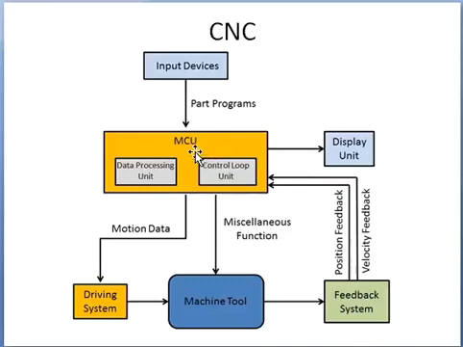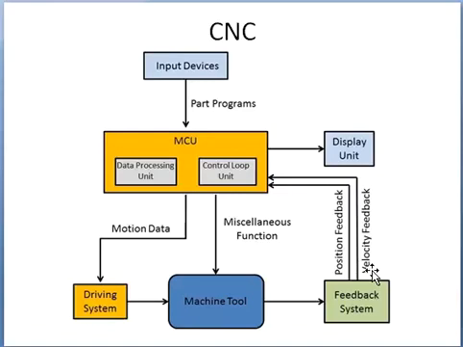In turn, MCU or CPU decides whether changes or rectification in the system is to be made, and that will be transferred to the driving system, or indirectly to the machine, so that corrective actions are taken. All the compensation required for the machine, like lead screw pitch error, tool wear out, and backlashes, is calculated by the CPU itself depending upon the corresponding inputs made available to the system.